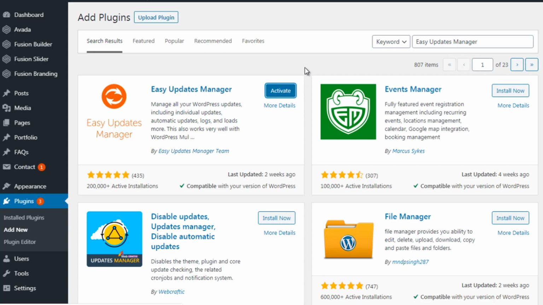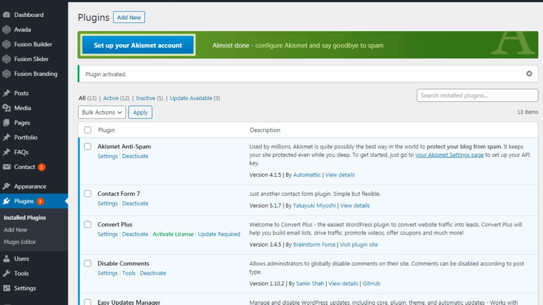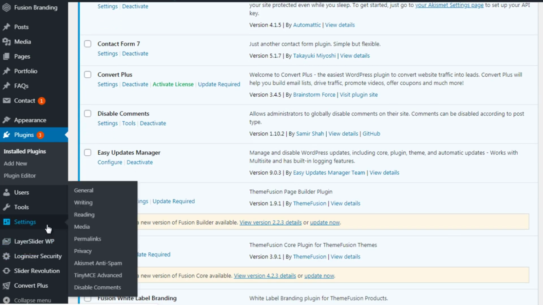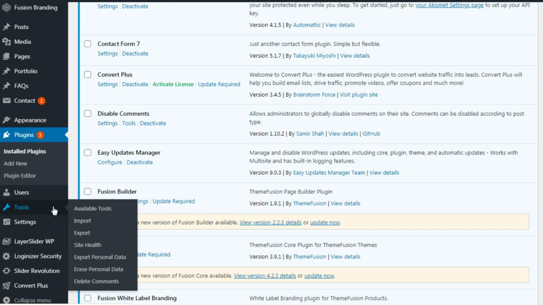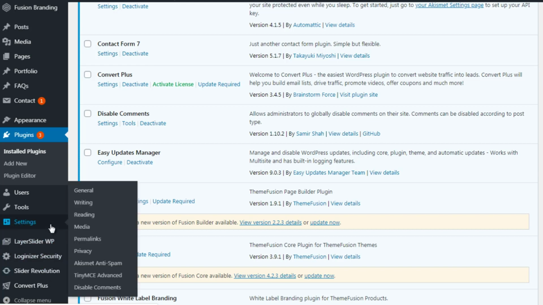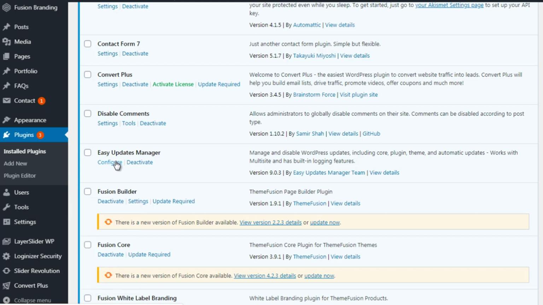All right, so click on activate here, and let's just take a look at this particular plugin. So I'm going to close these down, and we will look for the location. So configure, there's a configure. Sometimes you'll find it on the left-hand side. Sometimes it's under settings, and sometimes it's under tools. Based on what I'm seeing here, it's simply this configure button. So we're going to click configure,